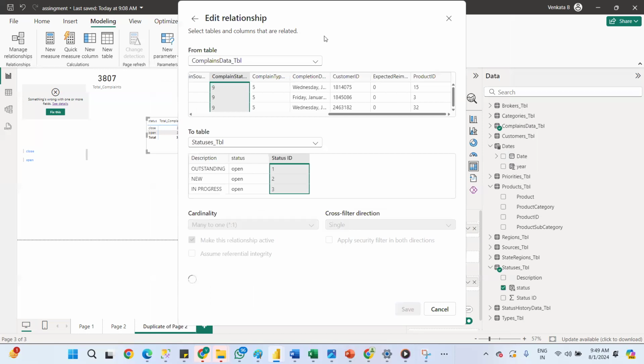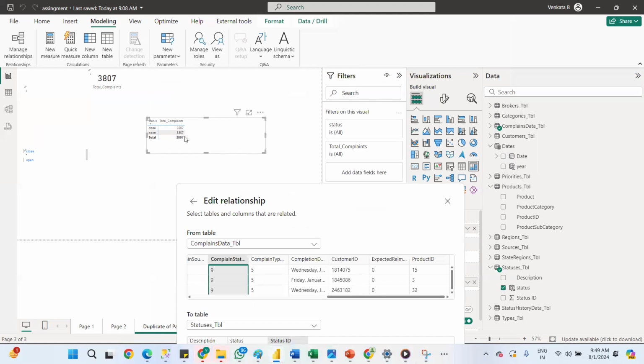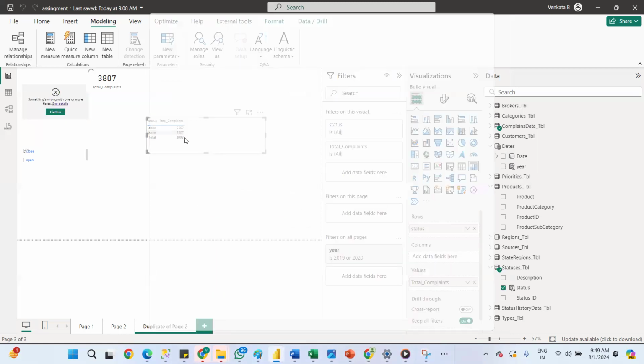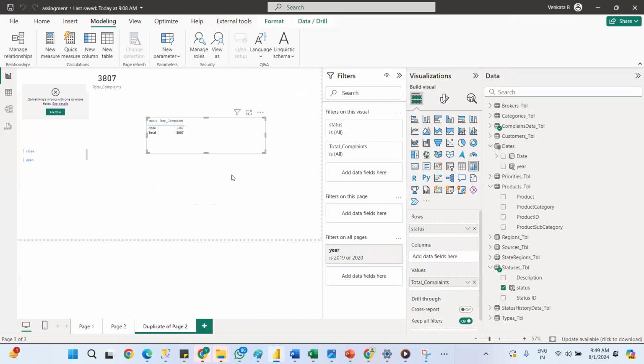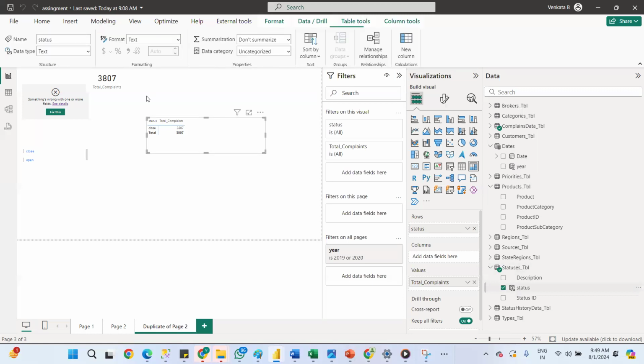Here the same count is coming, 3807, 380. Close. It's showing total. Open is not coming. Is the condition in our written if